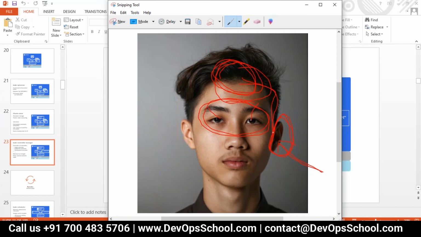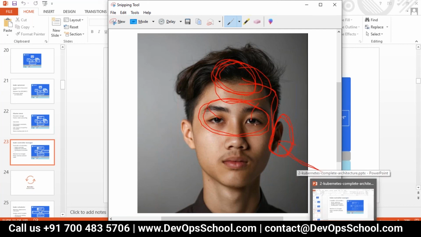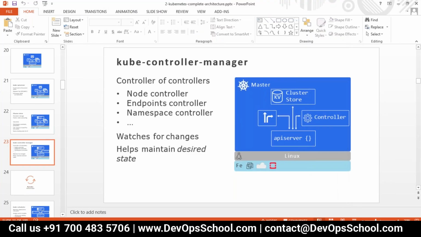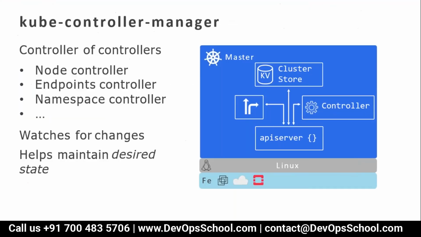Controller manager, which controls something and updates back to what? Memory. Simple. So now guys, look at the arrow here. Your controller manager talks to what? API server, and the API server updates back to the cluster store. So everyone is talking to the API server. Remember, you cannot talk directly to the cluster store, only through the API server.